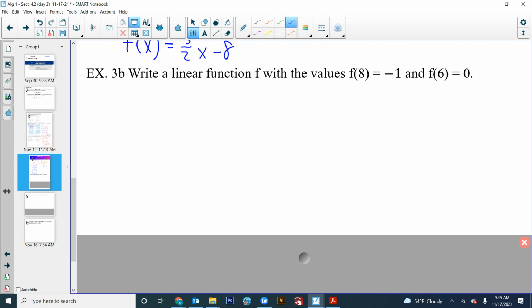Okay, I'm just going to say, let's see, we got 8, negative 1, and I got 6, 0. Oh, by the way, is this my y-intercept? No, that's the x-intercept. If that was your 0,